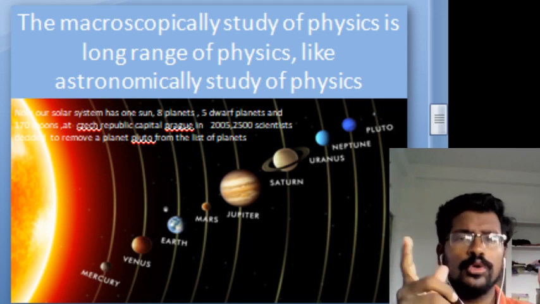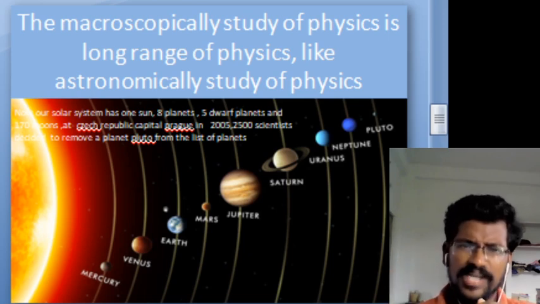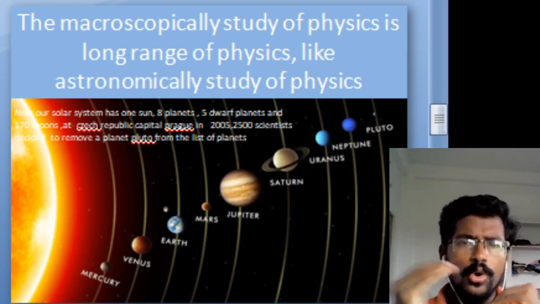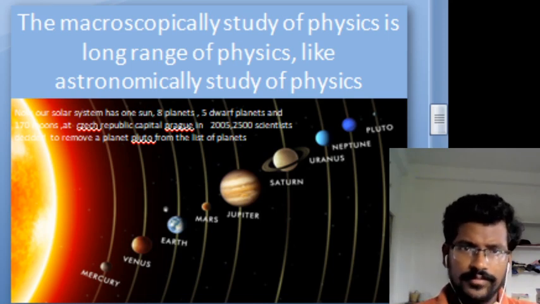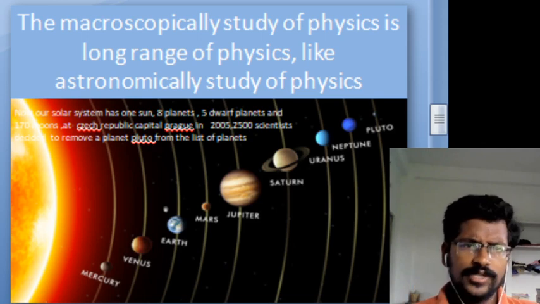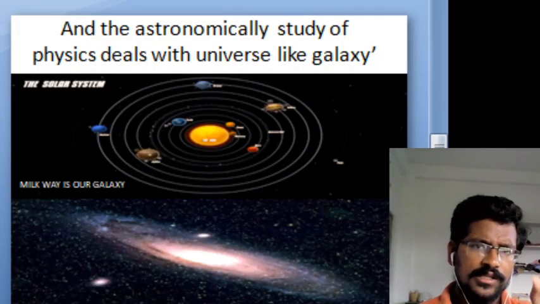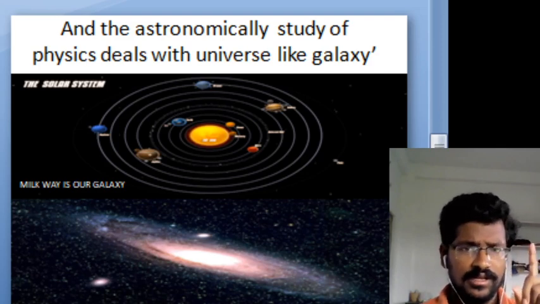Here Pluto has an irregular orbit and is very far from the sun and has a very thin atmosphere. It has no characteristics of a planet, so it was removed from our planets list because we have 8 planets only. Okay, now we are going to observe our galaxy and solar system in our universe. There are a lot of solar systems and a lot of galaxies there.